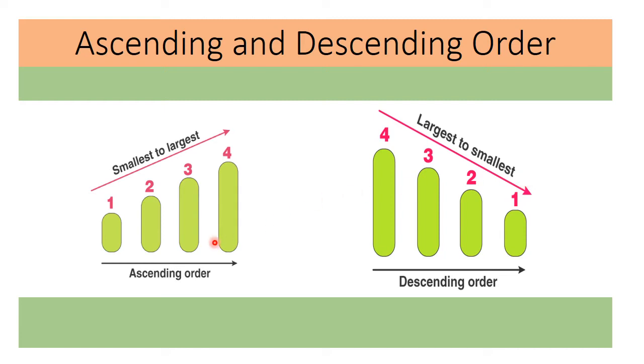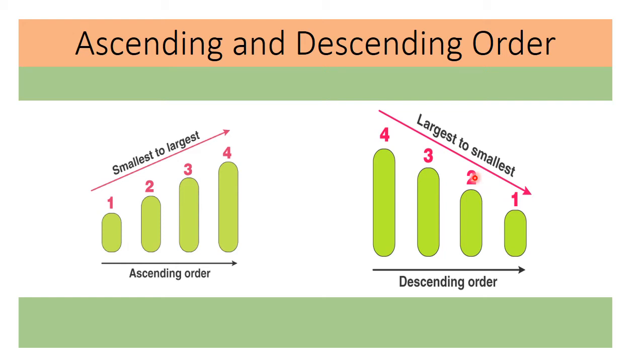If we look at the ascending order, it is the same as increasing order. As you can see, the values of the numbers are increasing here, where the numbers are arranged from the smallest value to the greatest value. And when we talk about the descending order, it is absolutely clear that the descending order is the same as decreasing order. Here you can see that the values of the numbers are decreasing, where the numbers are arranged from greatest value to the smallest value, right?